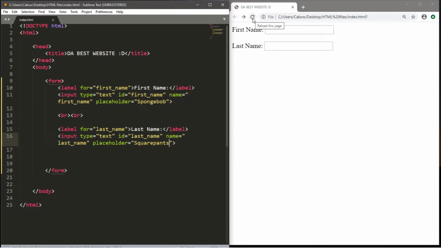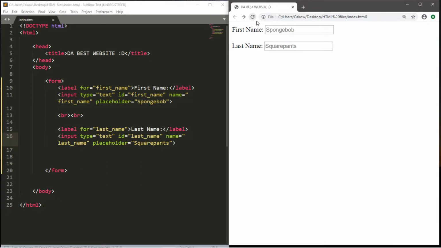You could always pick like John Smith or something. I just want this to be entertaining. All right, so then within the text box, it says SpongeBob SquarePants. It's like some sample text, and if we were to click on this text box and enter something in, this would actually disappear until we clear out the text box. Then it goes back to our sample text. So this is useful if you want to let the user know what kind of format that we want them to enter their information in. So it's useful for like phone numbers or email addresses, stuff like that.